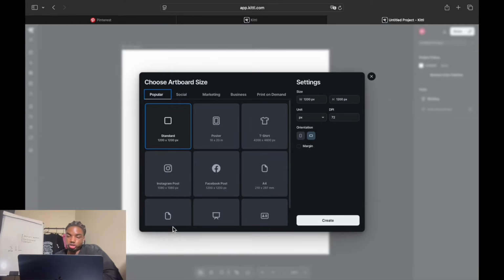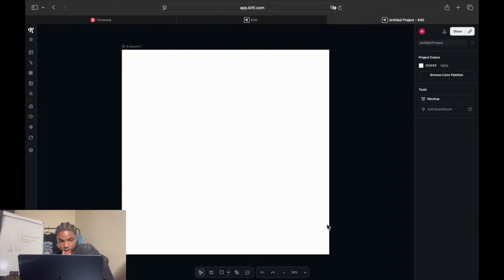So when you're gonna head over to Kittl, click on New Project. When you click on New Project, you're gonna be brought to a screen that looks like this. You always want to go at least 300 DPI, just so that your elements come out cleanly. But I'm gonna go 325. Okay, so once you're in Kittl, you're gonna want to head over to the left side here and click on